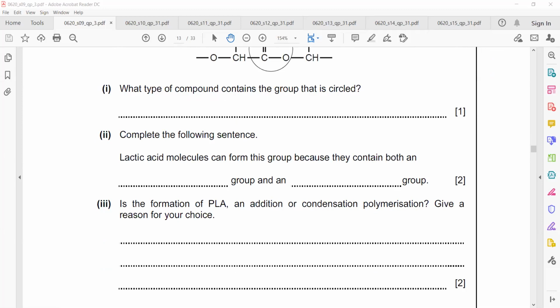Because the monomer does not contain a carbon-carbon double bond, which is needed to form an addition polymer, and because a water molecule will be released when carboxylic acid reacts with alcohol. So both ways you can justify your answer. The answer is it is a condensation polymerization,